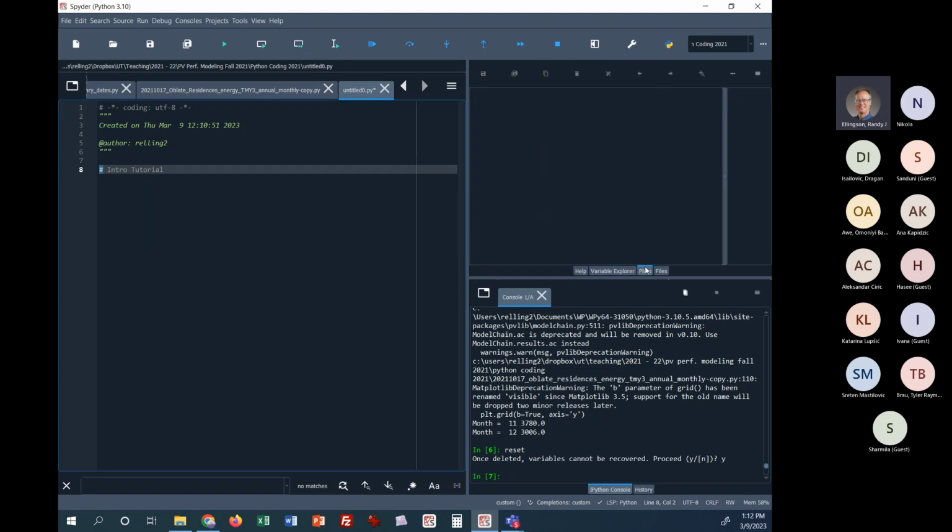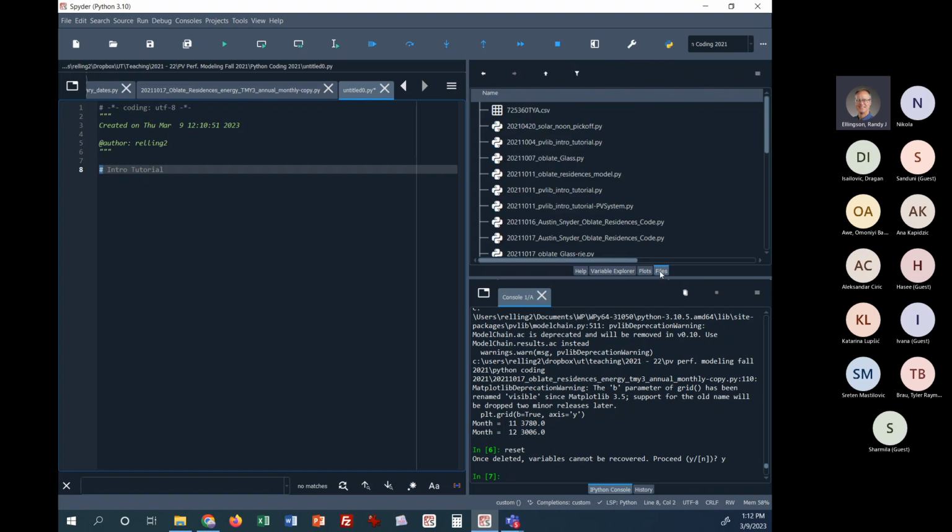And output plots can appear here as well. And actually, I don't really know. Well, it looks like files is maybe recently used files. And so